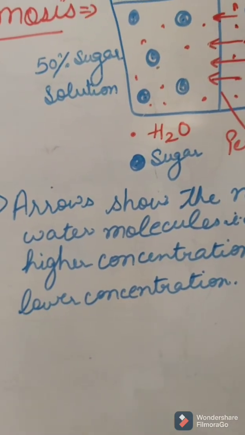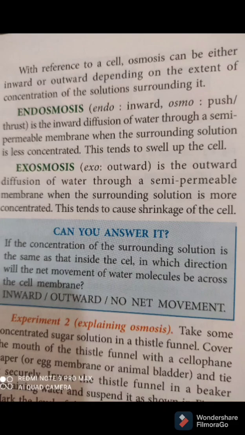Due to osmosis, roots absorb water from the soil. Then the types of osmosis: endoosmosis and exosmosis. This osmosis actually takes place in living systems. If we put a cell in water, right, it is going to absorb the water. Osmosis will take place and water molecules will start moving inward. It is endoosmosis.